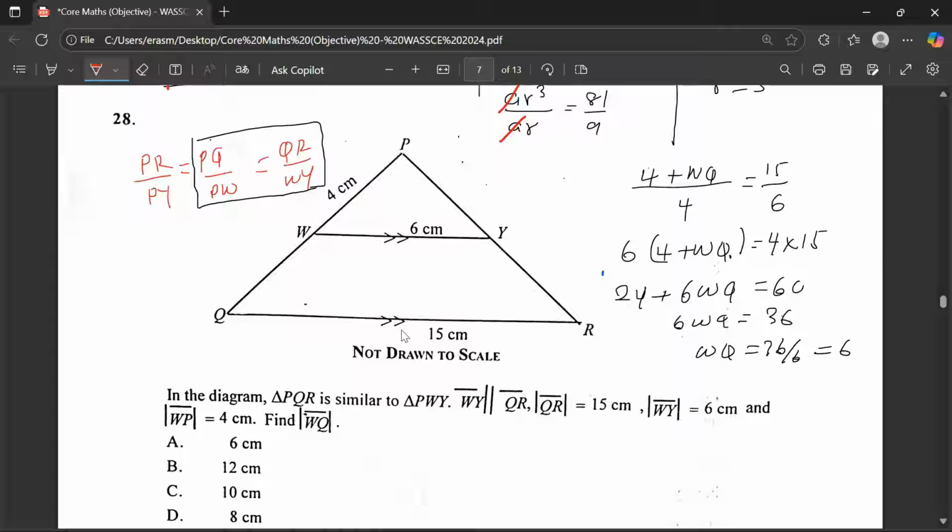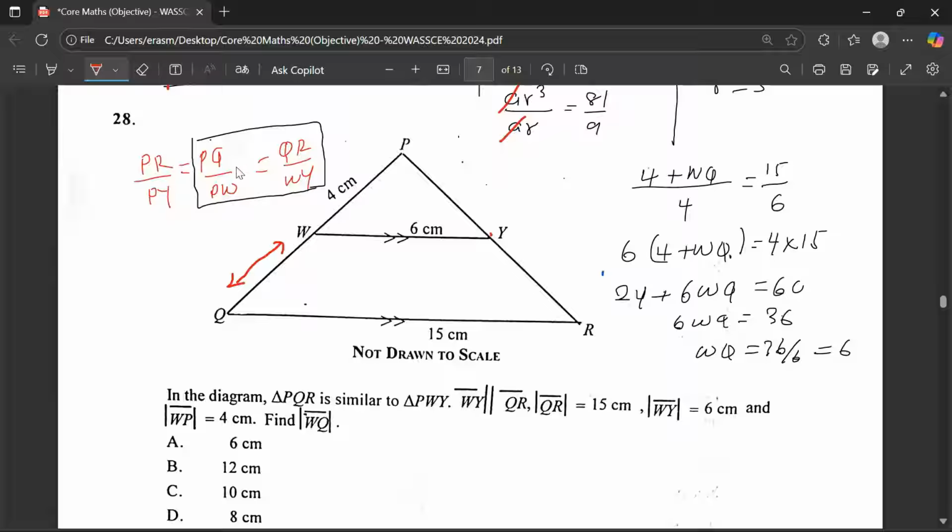And it's stated that this line is 15, this line is 6 centimeters, this line is 4 centimeters. Then find line WQ, this line. So we are going to use the ideas in similar triangles to solve this problem. Now, from similar triangles, this will be that line PR, this straight line PR, over PY, the smaller one, is